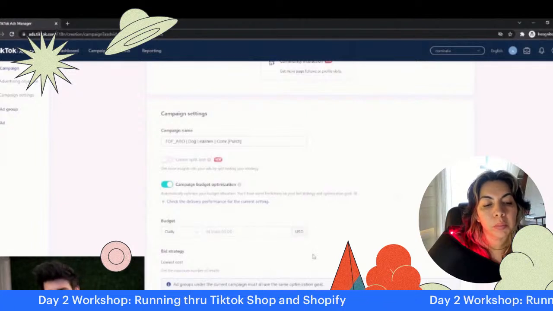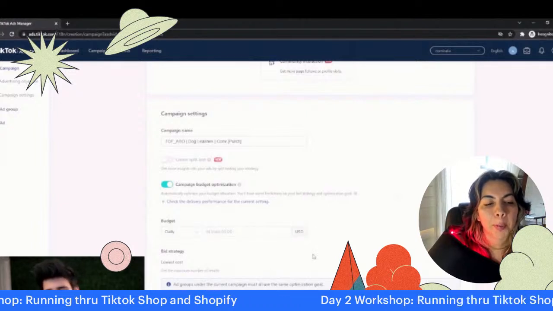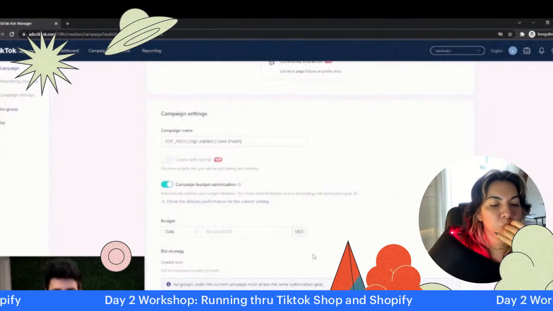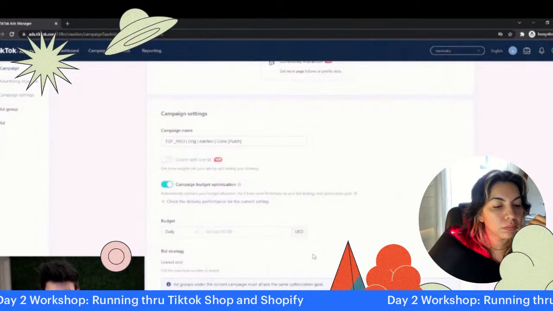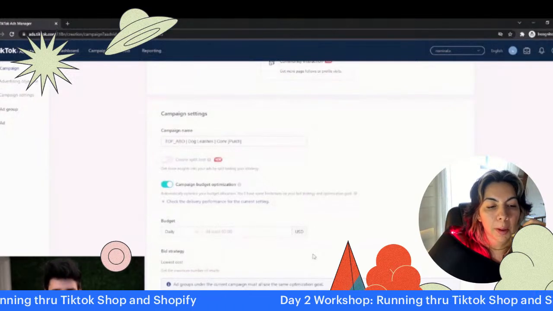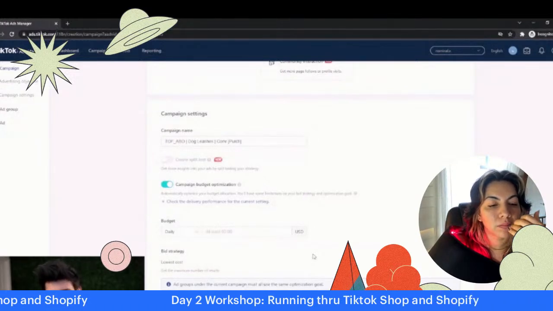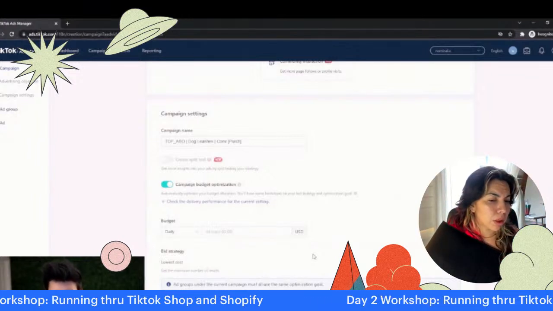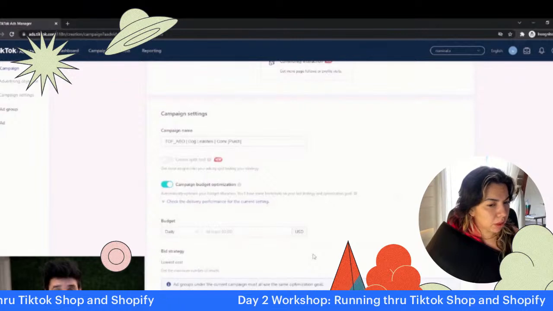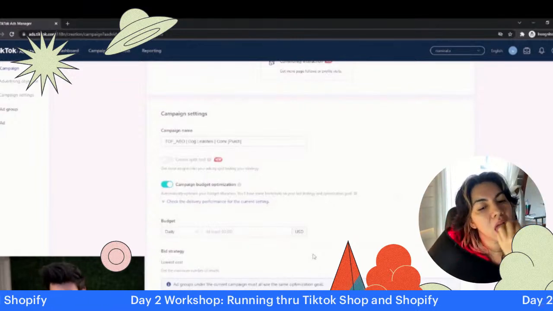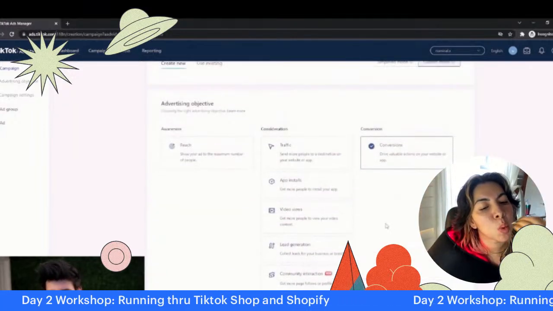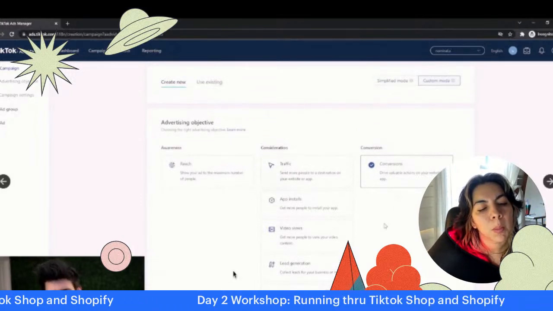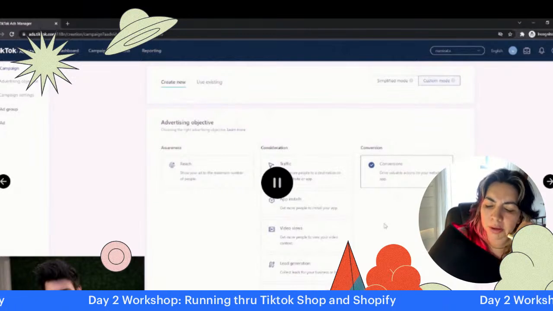And when I set up my campaigns, it's typically always in this structure. So I'll set up a video views campaign for basically the minimum budget, about $20. And the video views campaign is not there to make sales. It's basically just there to test new creatives. And so it's a good way and a cheap way for, since I do a creative refresh maybe every 10 to 14 days,